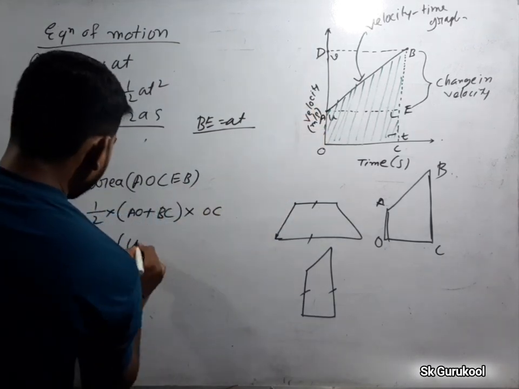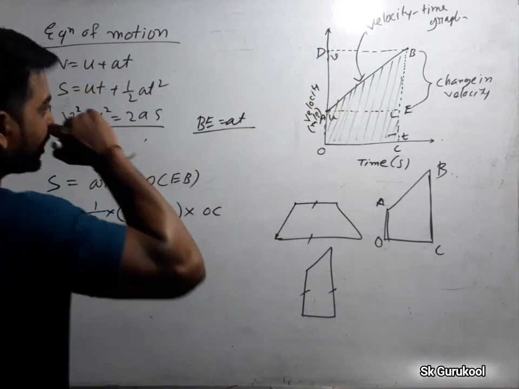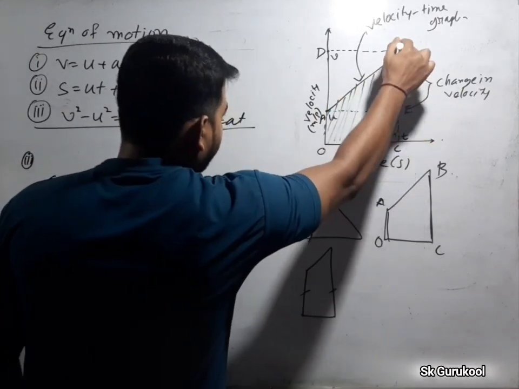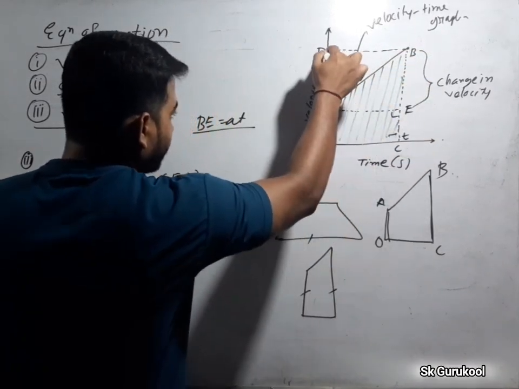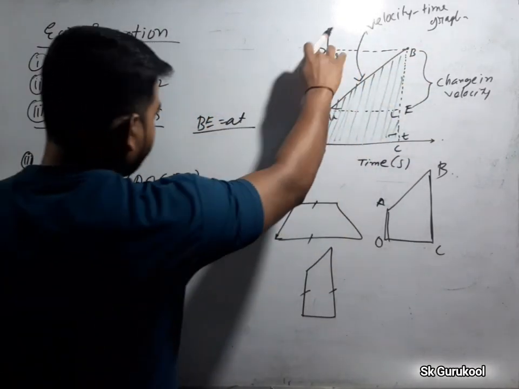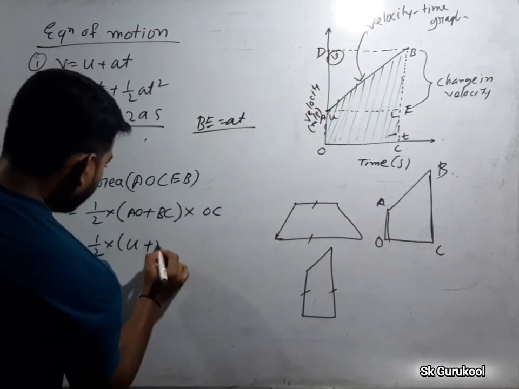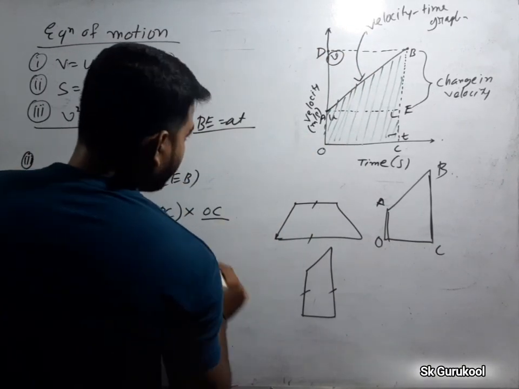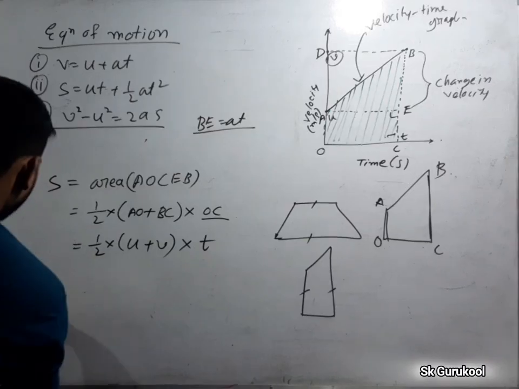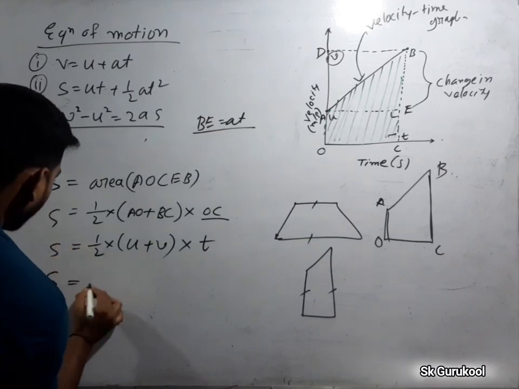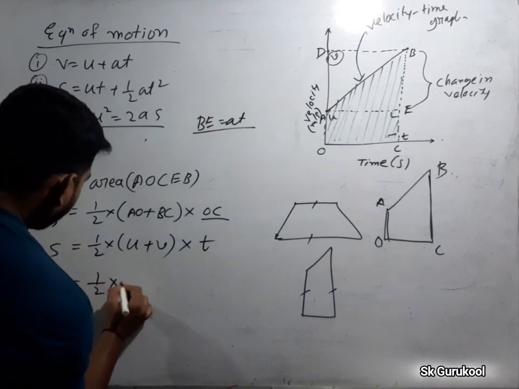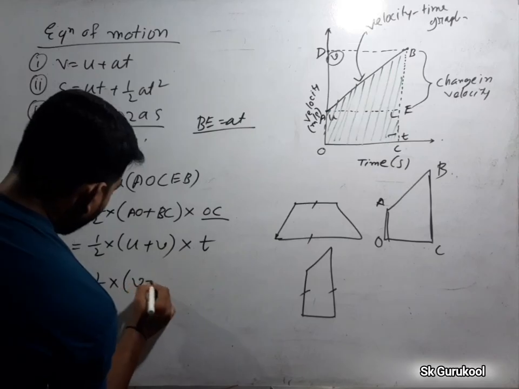Half into AO, that is U. What is BC? BC means this side B to C. B to C means D to U, same. BC and DU are the same. So what is DU? V. What is OC? OC means time taken, T. So S is equal to half into U plus V, you can write V plus U also,